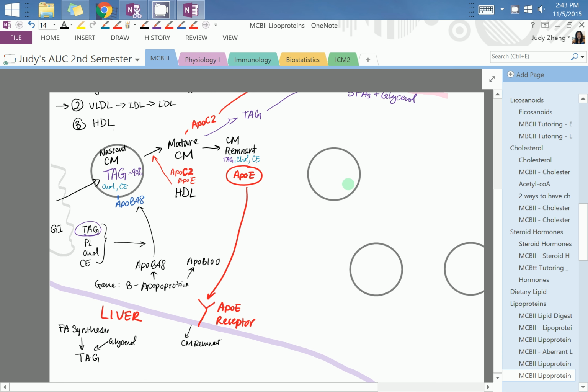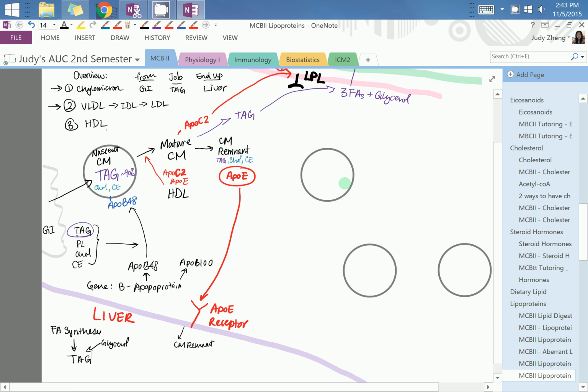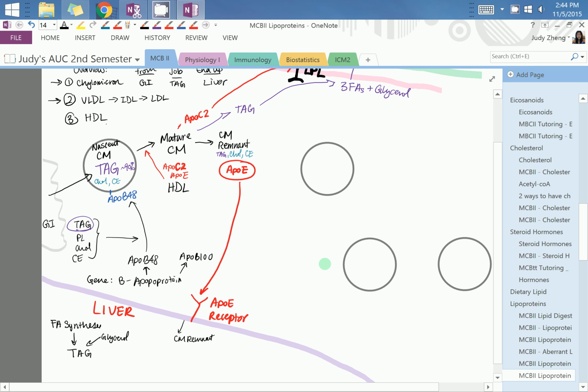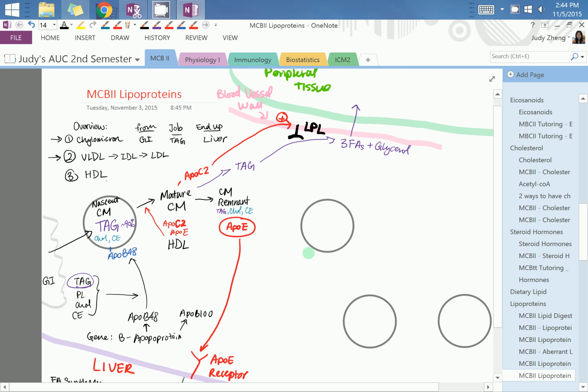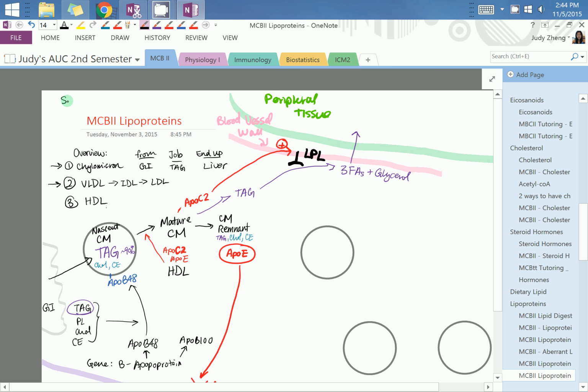So before I go into the VLDLs and other lipoproteins, I just want to mention one more thing. Remember, the lipids are kind of hydrophobic, right? So they need to be delivered in the form of lipoproteins. But how hydrophobic these lipids are also depends on the size of their chain. So the shorter to medium chains can be delivered by albumin. So over here, I'll just write, the short or medium chain